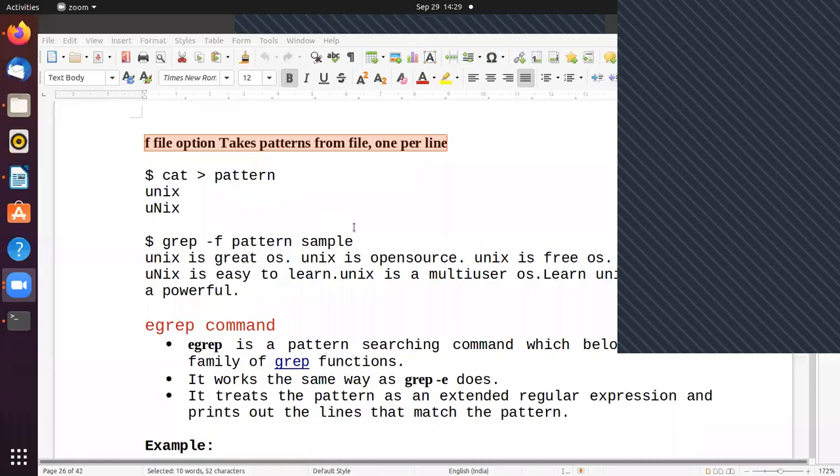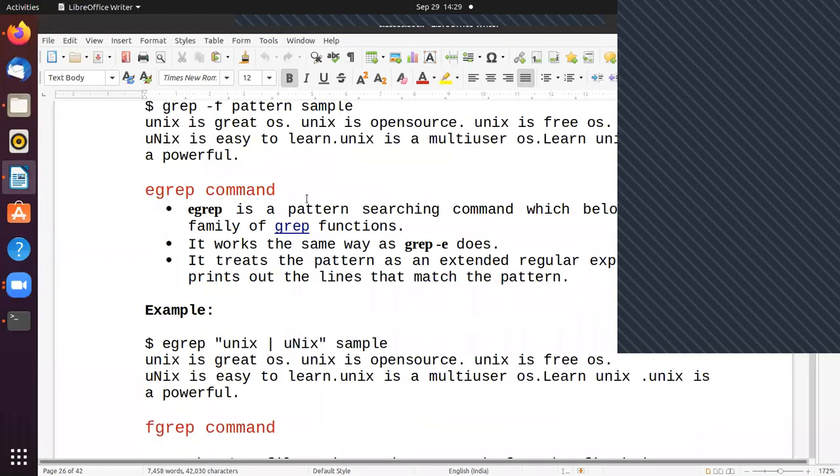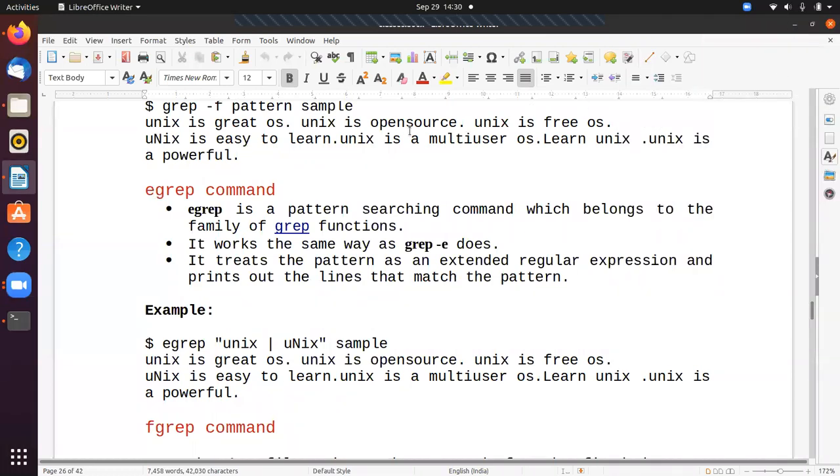Now coming to the next command, which is egrep. So what is egrep? You remember this e as extended grep. So egrep means extended grep.